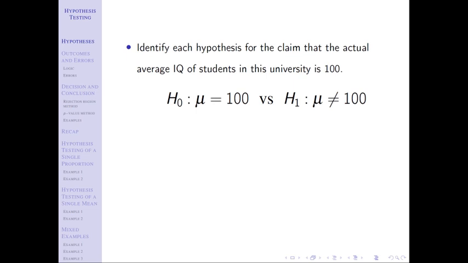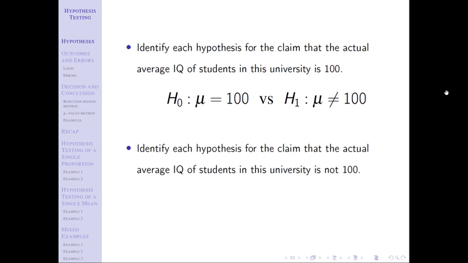So again, we may just word it out and talk about where the equal to, where the not equal to goes, because that's what's interesting here, about making sure that we get these together correctly. But when we write it out, we don't want to leave out the parameter in front of those symbols. Again, we write the null first, the alternative second, even though we find the alternative first.